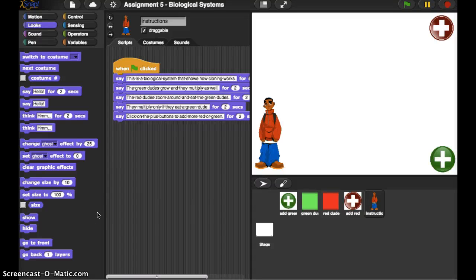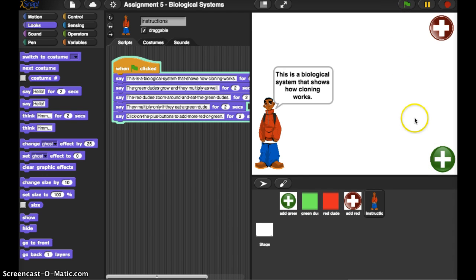One thing that people use computers for is to model biological systems, and today we're going to do a project that does that. So I have an idea. My idea is that there are a bunch of green dots, and think of green dots kind of like plants. I'm going to go ahead and run this program to show you what it does. It gives instructions, and